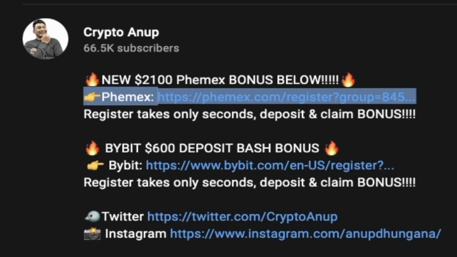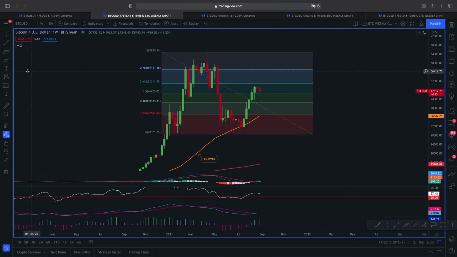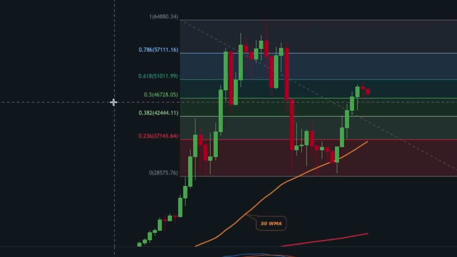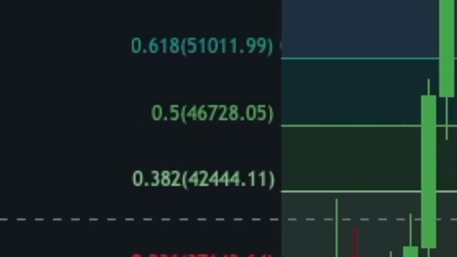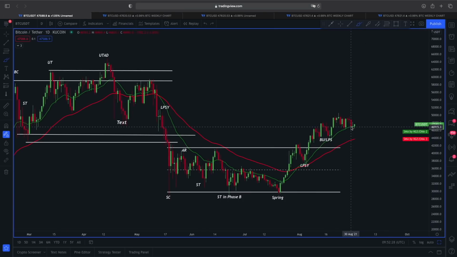So now let's switch into our chart time frame, because in a weekly we are aware that in any sort of price pullback, the 0.5 Fibonacci line is going to be one strong line of support that is also lying around $46,728, right? So this is one line which we don't want to break in a weekly time frame, because breaking this line will also indicate the price is more probably going to break below this 20 exponential moving average and could be heading towards the 50 exponential moving average in a daily time frame.